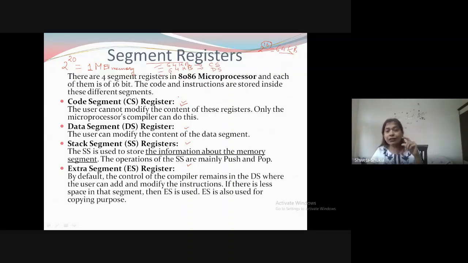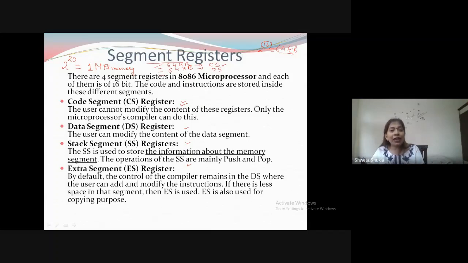Suppose one 64 KB part is named CS. The address from where this code segment starts is stored in the code segment register. That means if we are using the code segment, the microprocessor will first check the first address of the code segment, and then from there it will check the memory locations in that particular 64 KB memory.